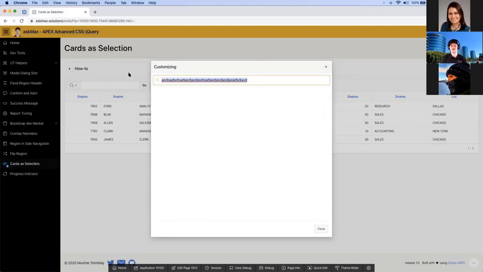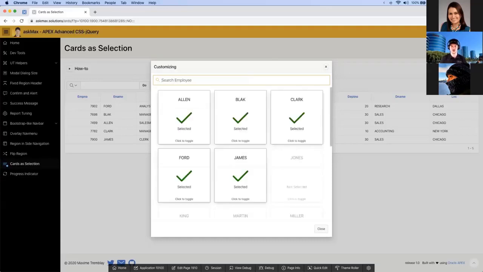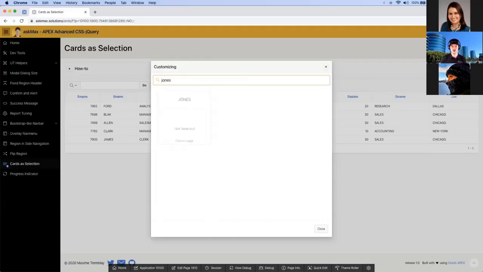Basically, it will wait for a specific amount of time during which there is no action triggered. And if at the end of that time nothing happened, then the corresponding action, which in my case is the refresh of the report, will be triggered. So let's say I search for Jones. As I'm typing Jones, as soon as I stop, it searches only once, and so it prevents multiple refreshes